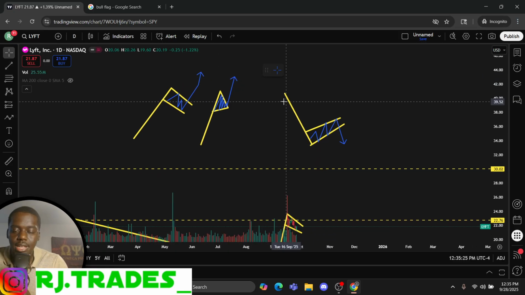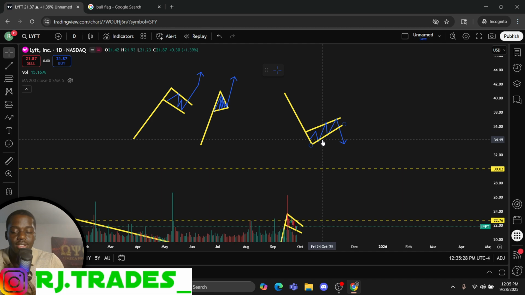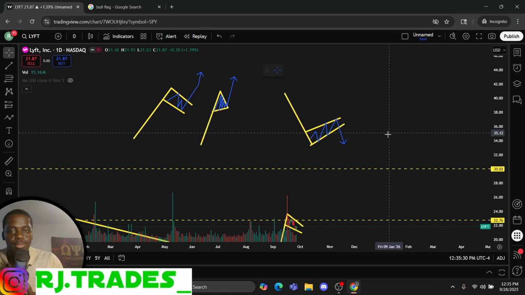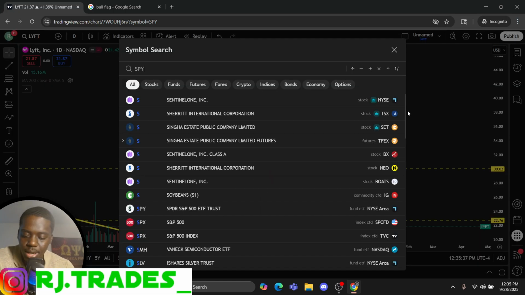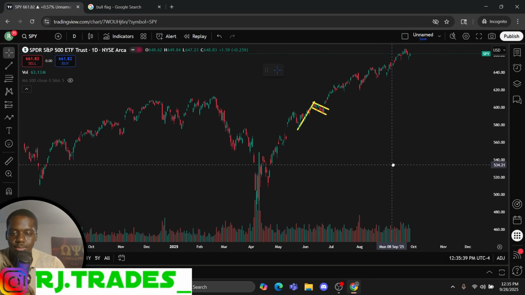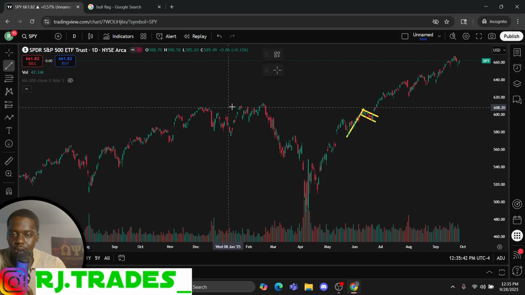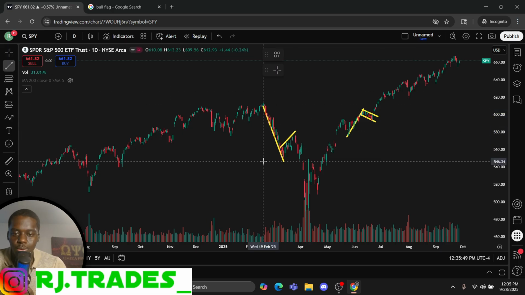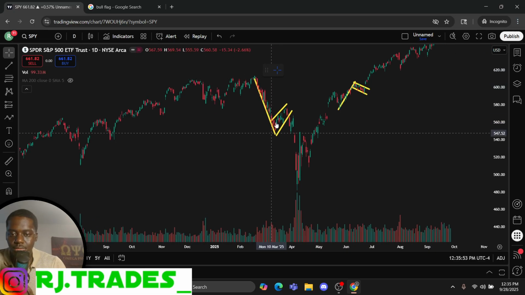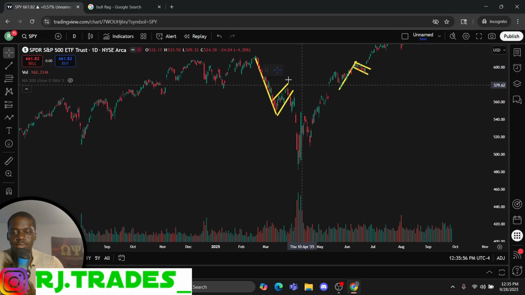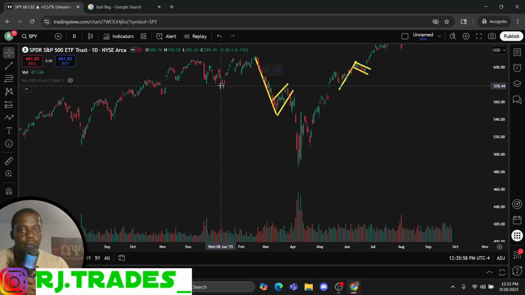So the bear flag has a down move, consolidates, and you're looking for it to break down again. I don't even know a stock that has a bear flag right now. I probably have to go back to when the market crashed to find some. Yep, exactly. So look at this. When the market crashed, down move. Look at this right here. Boom. Boom. What did the market do? Tank.